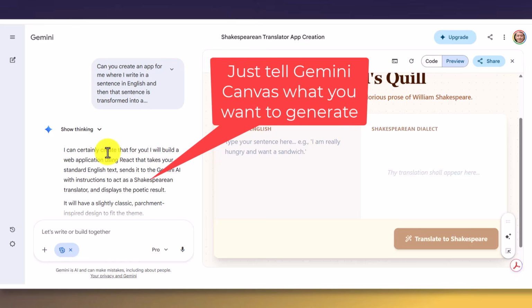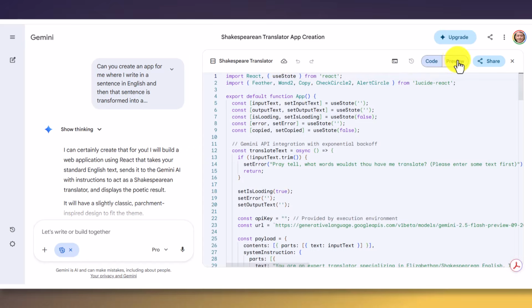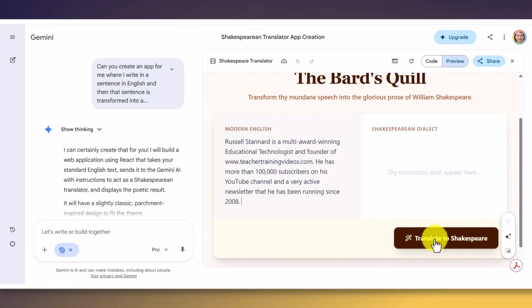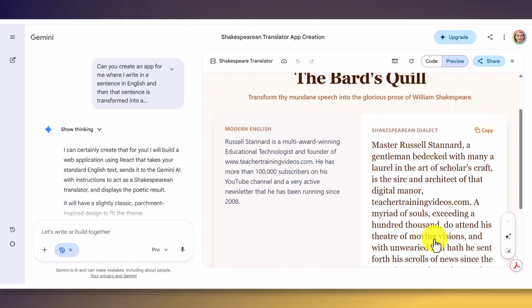Now I didn't do any coding, I just simply told it what I wanted to produce and it made it for me. And it wrote the code itself. And now the app is ready and I can use it and other people can use it. And if I write in a word, click on the button, or write in a sentence, click on the button, it will produce that text in Shakespearean English. Lots of fun, super simple, and of course this is one of millions of apps you can make.